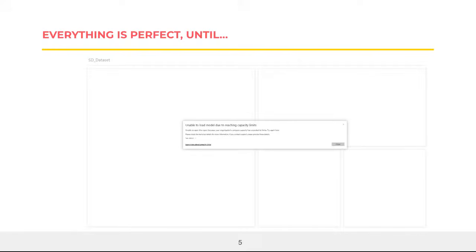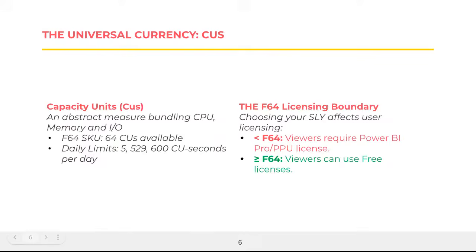Because it was working yesterday, we changed nothing. What's the issue? This is due to a capacity issue. If you can understand the throttling, the smoothing, and the bursting, you can avoid this kind of issue. So just before we dig a little bit deeper, when we speak about capacity, so F2,